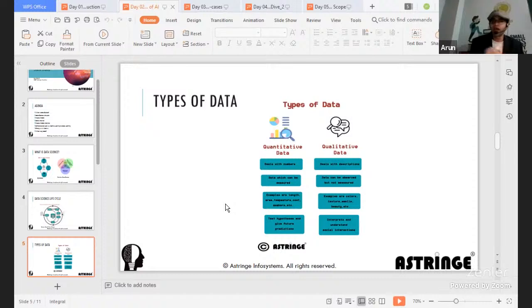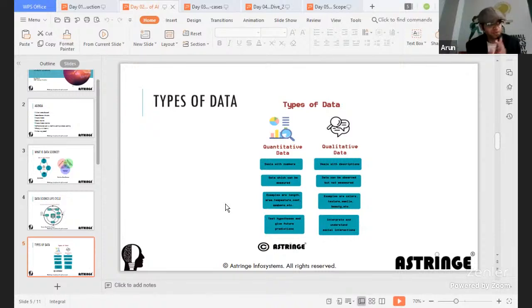If you ask me, suppose somebody gives you a feedback form and asks you to rate out of 5, what will you do? You will say either 1, 2, 3, 4, or 5. Correct? So here you are just qualifying whether that feedback was good or not. So in these scenarios, you can go with qualitative data.